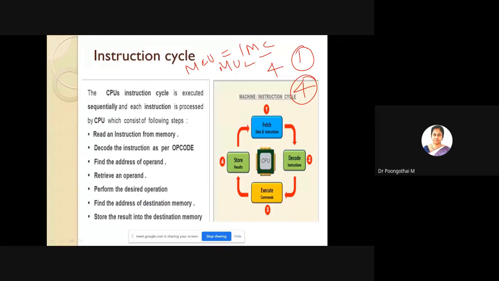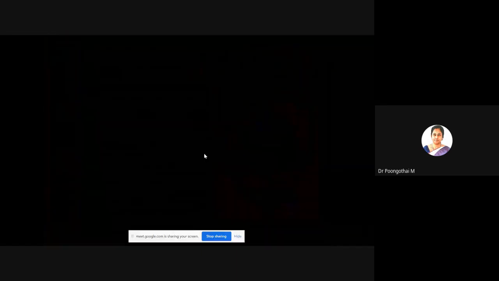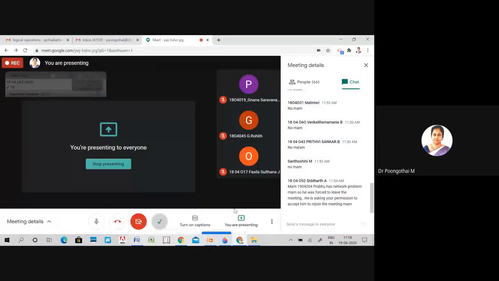Okay. So to complete 1 instruction cycle, your CPU needs 1 or more machine cycles. What does instruction cycle mean? It is the time required to fetch all the required parts of the instruction and execute that instruction. Your machine cycle is nothing but a part of the instruction cycle. Your CPU needs 1 or more machine cycles to execute a single instruction. Okay. Is it clear?